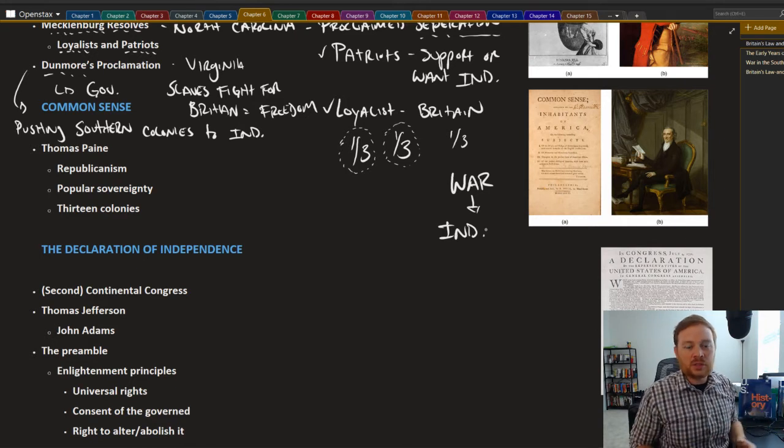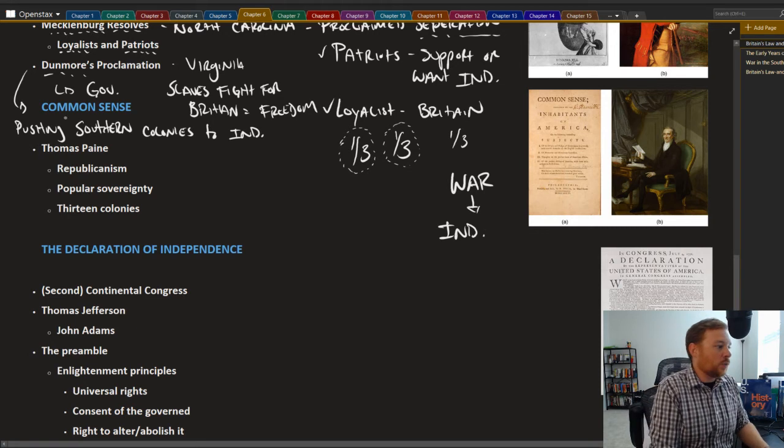And we see that with Dunmore's proclamation and the Mecklenburg Resolves. At the same time as this was unfolding, you had perhaps one of the most influential pamphlets, pieces of political literature published in all of American history, and that was Common Sense. That was written by Thomas Paine. He is the author